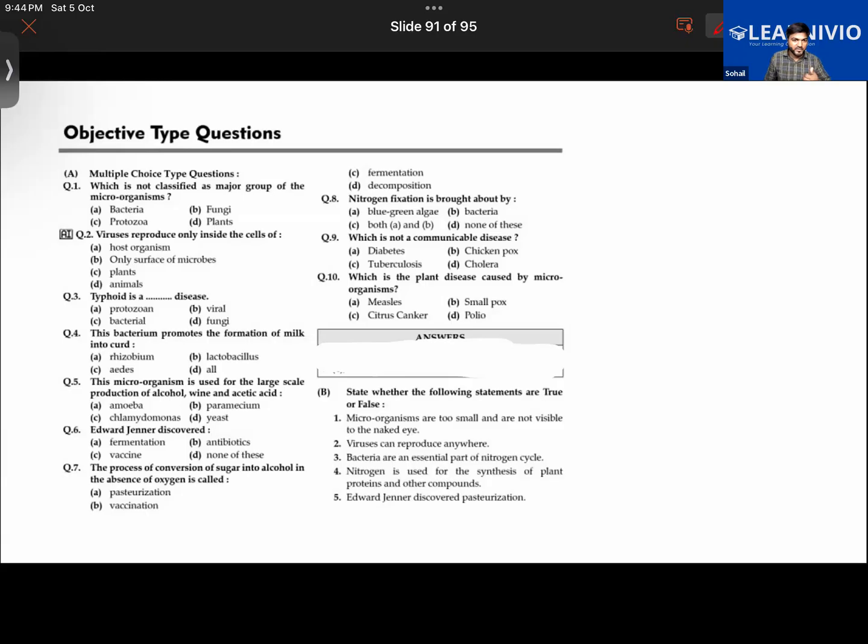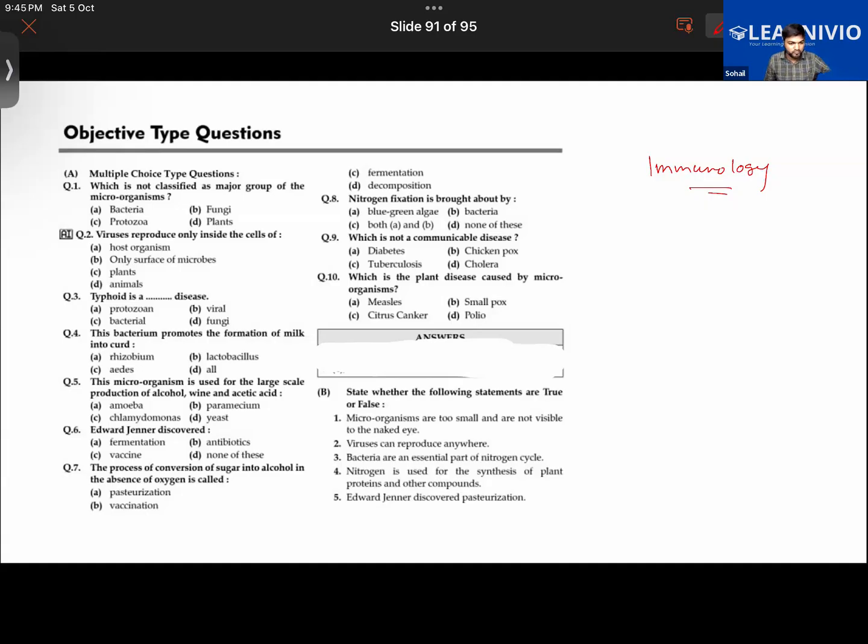Are you aware of the term immune? To be protected from something. Basically, immune refers to the defense system of the body. In immunology, we study the immune system and how it defends our body against diseases. So for his pioneering work in the field of immunology, he has been called the father of immunology. Okay, continue.